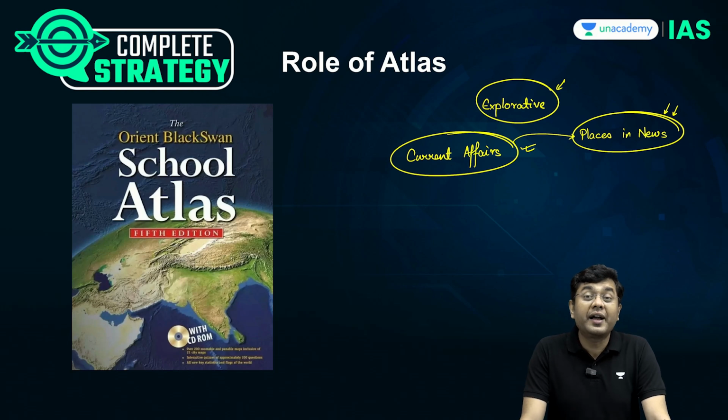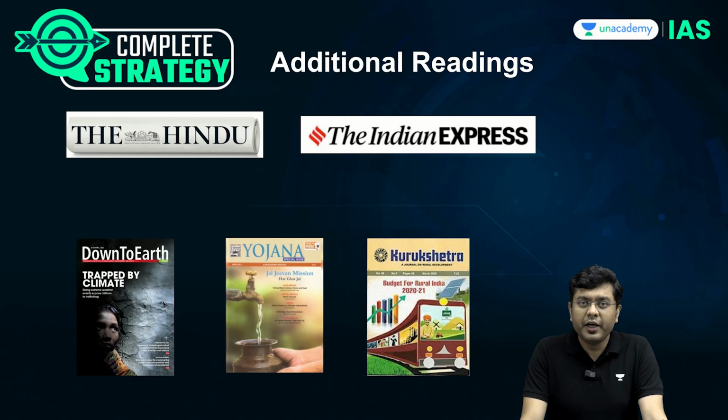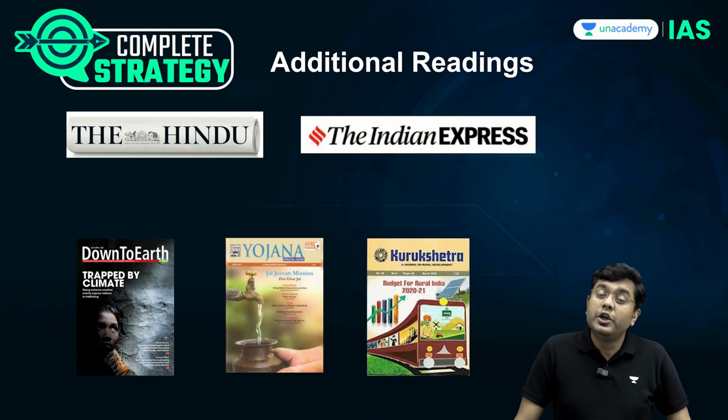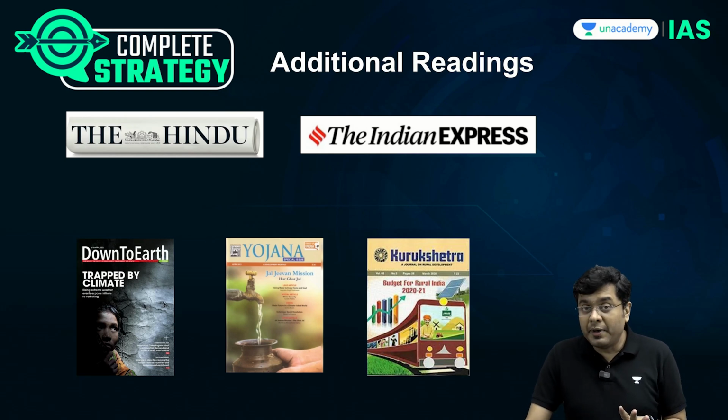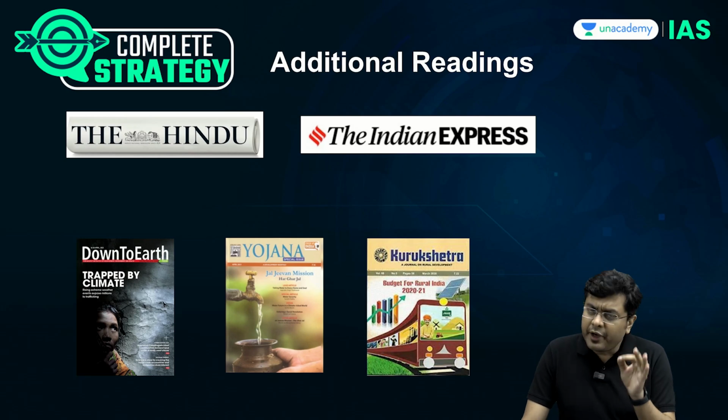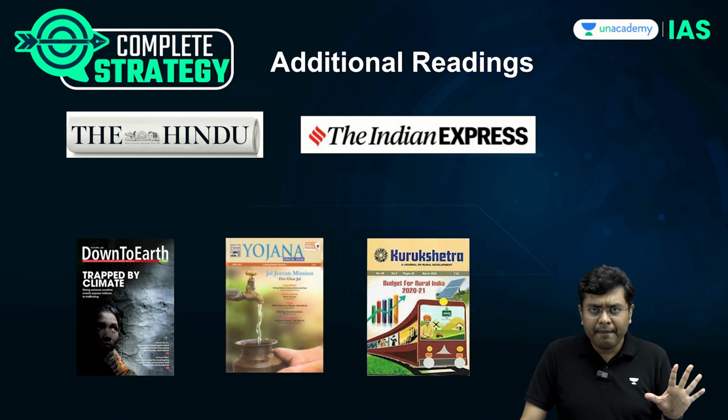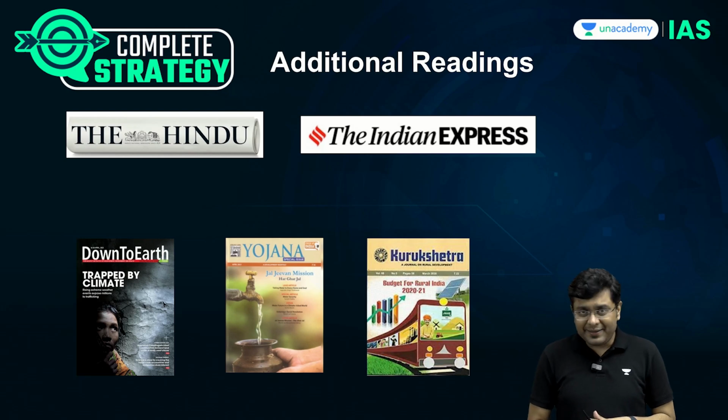Then, what do we do for current affairs? What should be the sources of current affairs? When we talk about current affairs, newspaper reading is a must. Either The Hindu or the Indian Express. Any of the newspapers that you are comfortable with, you have to stick with that newspaper. Regardless of the fact that my friends are studying Indian Express, they are saying it is good, should I also switch? No. My friends are studying The Hindu, I am more comfortable with Indian Express, should I switch? No. Whichever newspaper you are comfortable with, be rigorous, be disciplined, be punctual, follow that for the complete period of 1 year. Other than that, take the help of certain magazines.